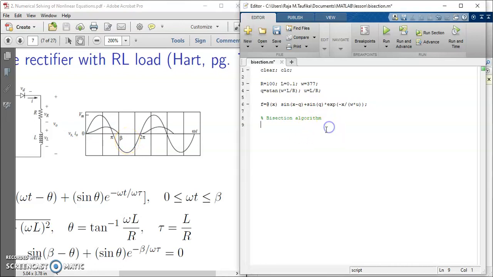Okay, so I use A, which is the lower bound of the bracket, equals pi, and B, the upper bound of the bracket, equals 1.5 times pi. So this is the boundary of the initial bracket. So we know that after defining A and B, we have to find the middle point between them. But before that, let's specify two important quantities for